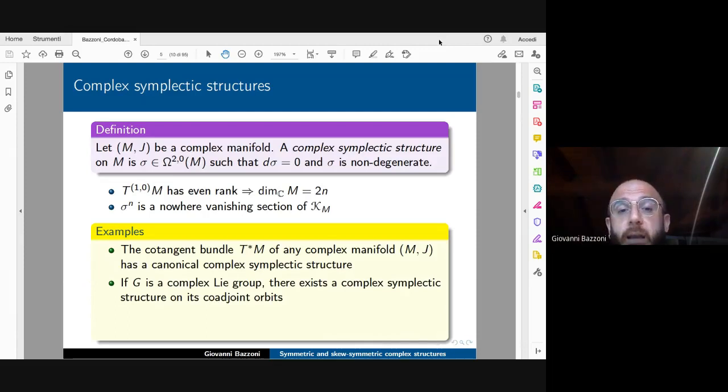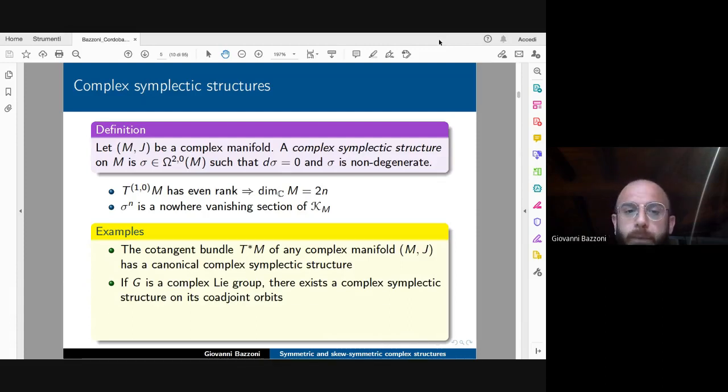Another construction that one can perform in this setting is that of a complex Lie group. And if you take any coadjoint orbit, then you have a complex symplectic structure on those. So this is parallel to what happens for coadjoint orbits of any Lie group. These are